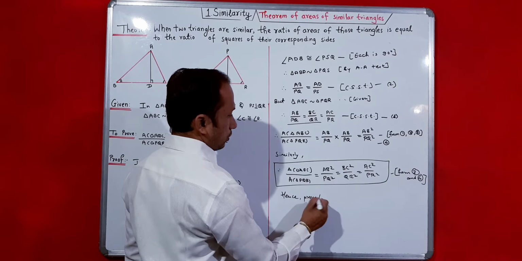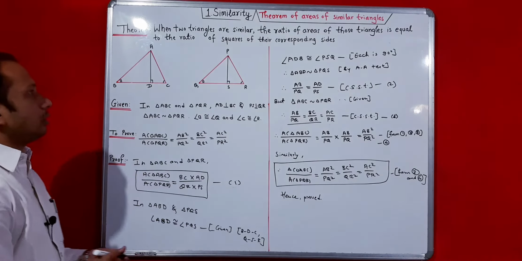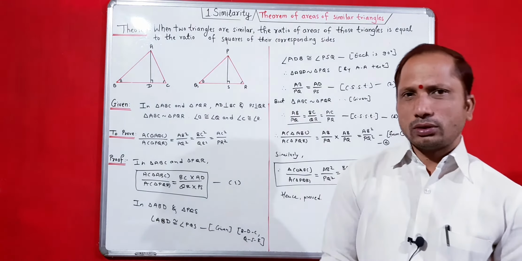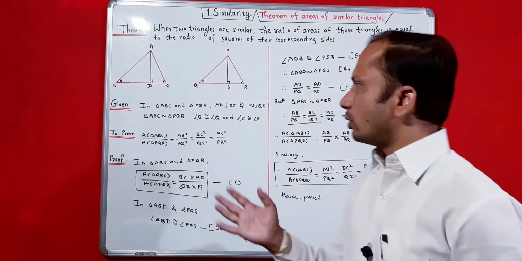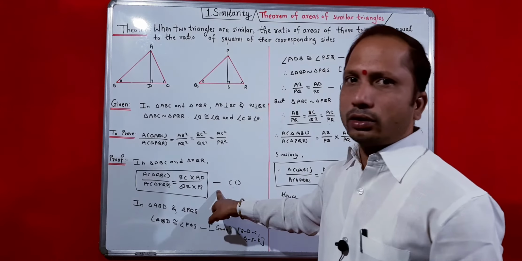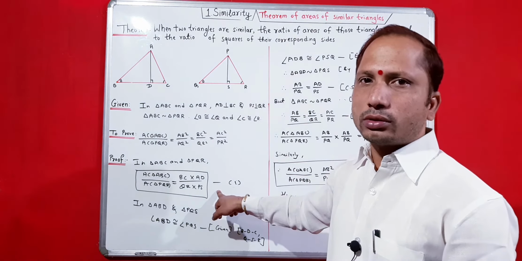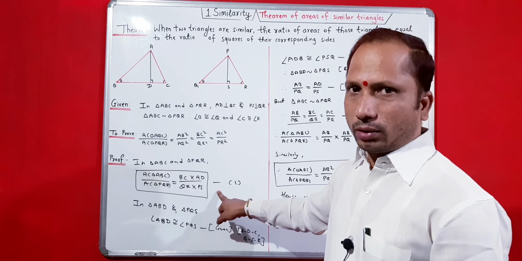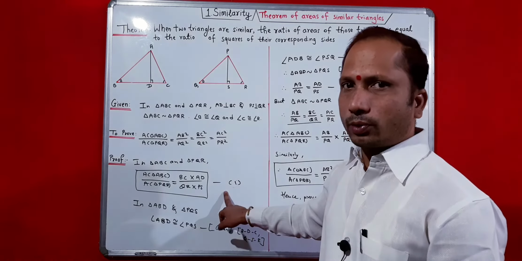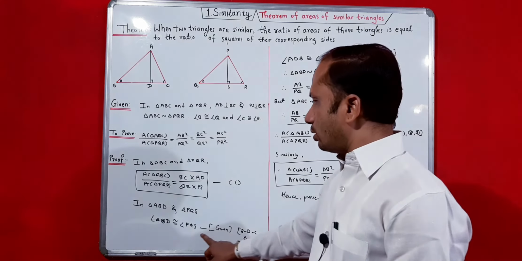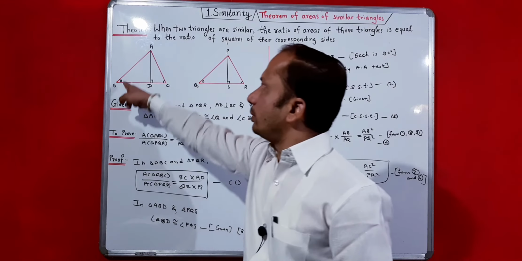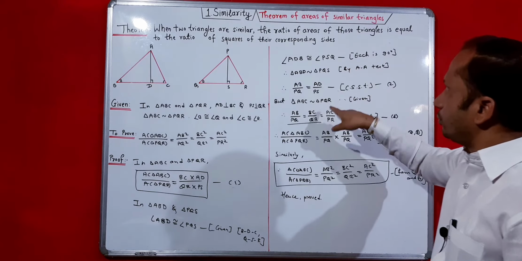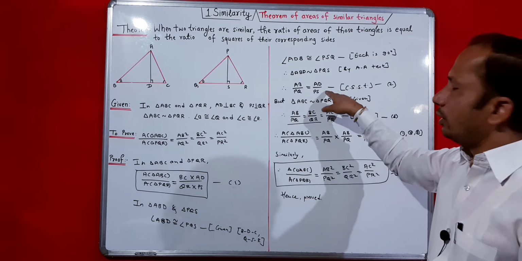Hence proved. So in this way you have to prove this theorem. This theorem is one of the easy theorems, not the easiest but easy. Easily you can solve this. You have to use this property: the ratio of areas of two triangles is equal to the ratio of the product of their corresponding base and height. This is one of the properties of areas of two triangles. Then these two triangles, ABD and PQS, are similar, and then you have to use their properties: AB upon PQ equals AD upon PS, you will get.